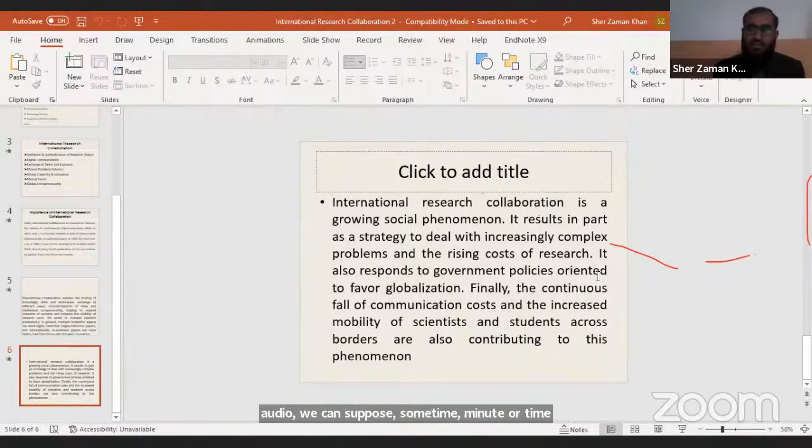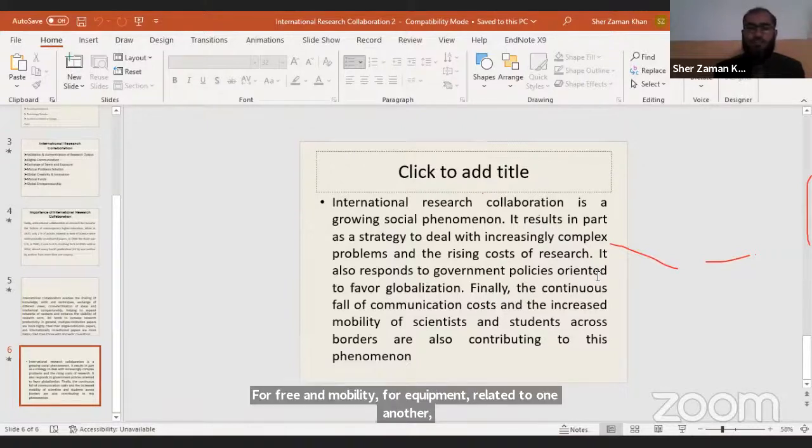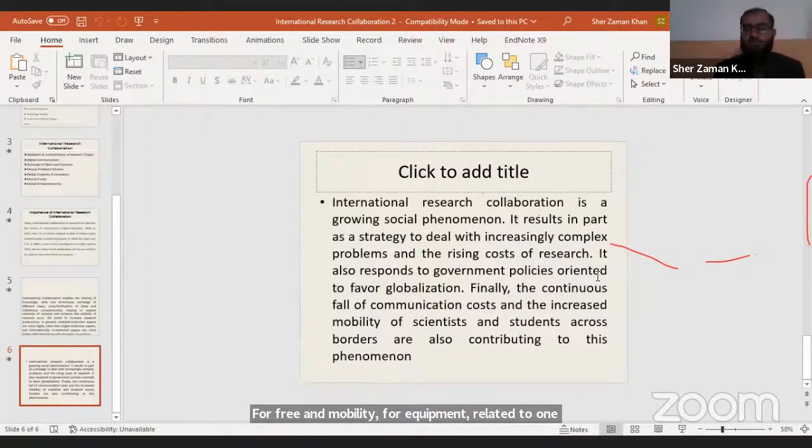Similarly, if there is an issue of mobility, there is no need for frequent visits to one another, to see the labs of one country and another. This can be done by having video calls and videos and so on. Similarly, video conferencing calls can be conducted, and through the help of video conferencing calls, we can